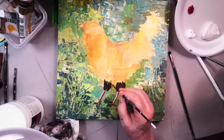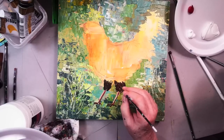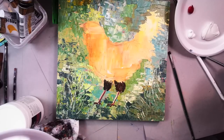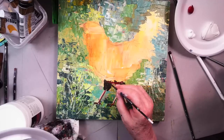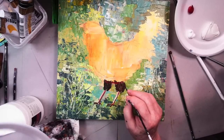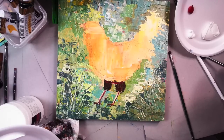Now when I go ahead and I put some palette knife stuff on here, I've got the shape. That's the key here. I want to make sure that I have the shape. This leg slightly in front of this other one. And now we've got his tummy coming right like this. Okay, so see, I've got to put those legs in. Otherwise I won't know where to put what. Okay, so that's what the little brush is for. I'm going to do the same thing